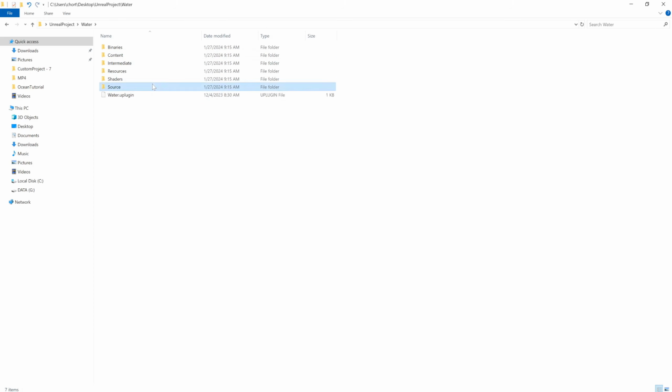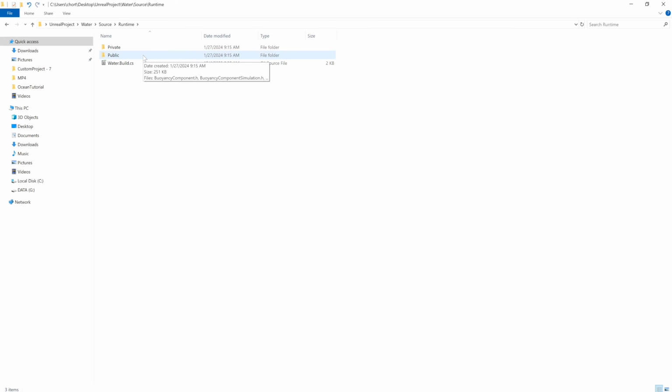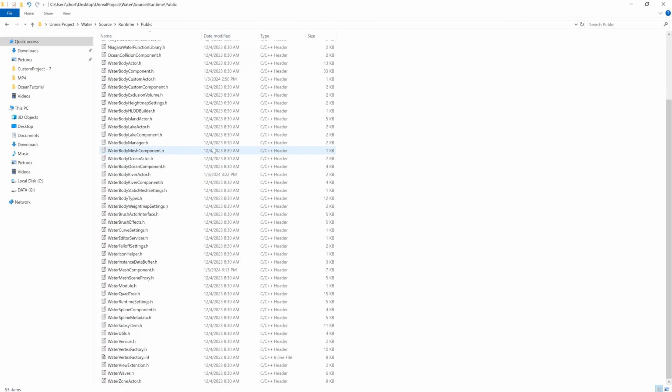Open the source and go to runtime. And we will copy the files that are related to the tessellation. So we need water instance data buffer.h, water mesh component, water scene proxy, water module, water quad 3, and water util, water vertex factory .h and .inl. Copy this,